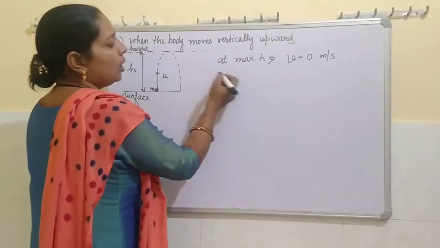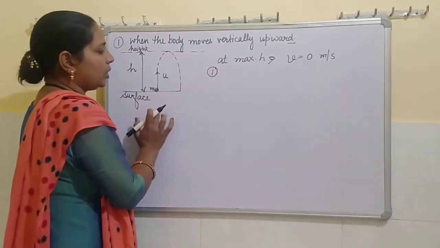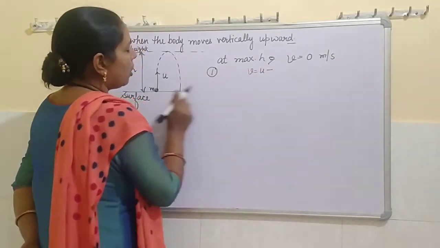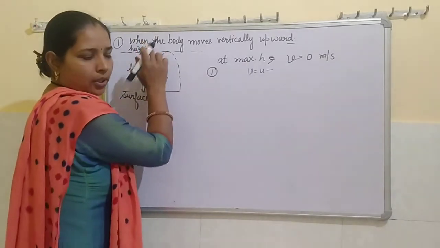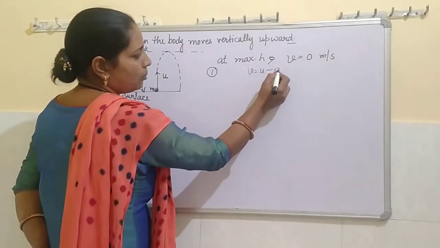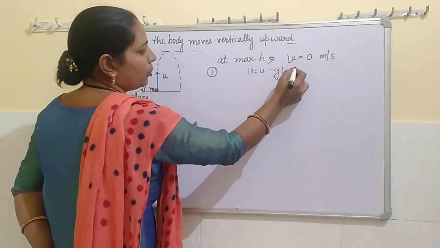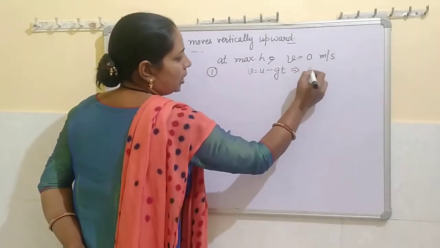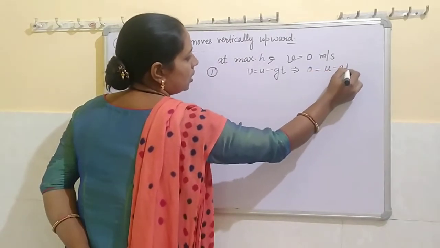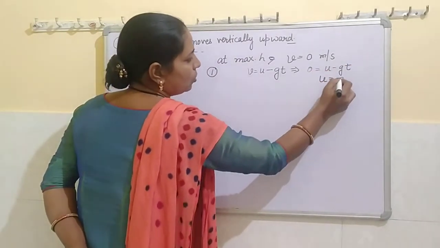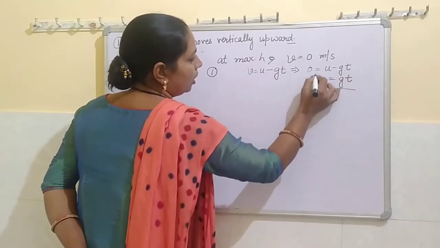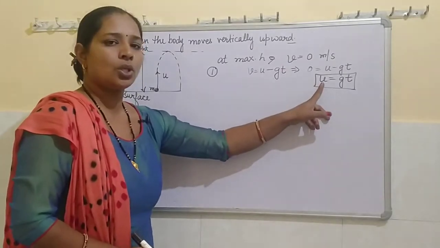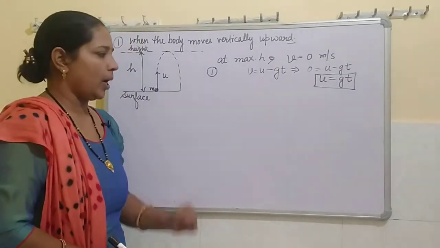So how can we solve all the three equations with this condition? First one, v equals u. Now the body goes upward against the gravity, so I will use here minus g. On putting all the values, what will we get? V is 0, so we are left with u minus gt, or we can simply say u is equal to g into t. In this way, we can calculate the initial velocity by which we will throw the body upward.